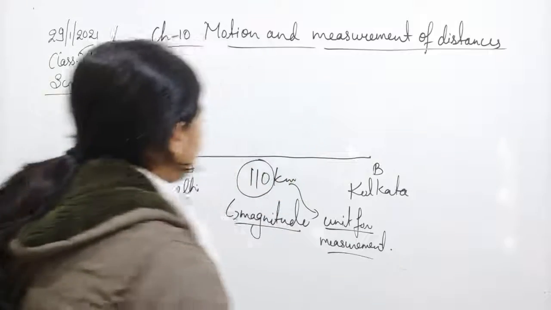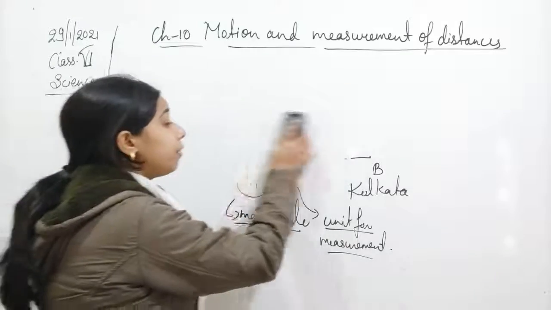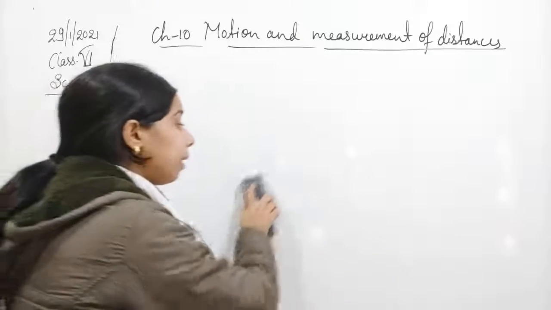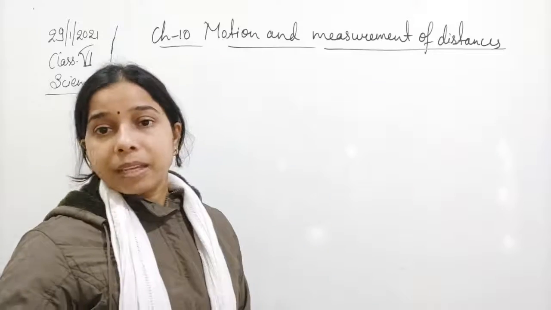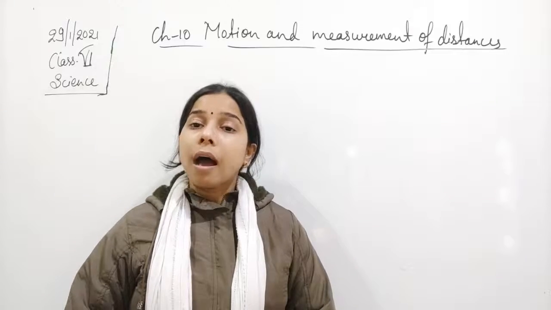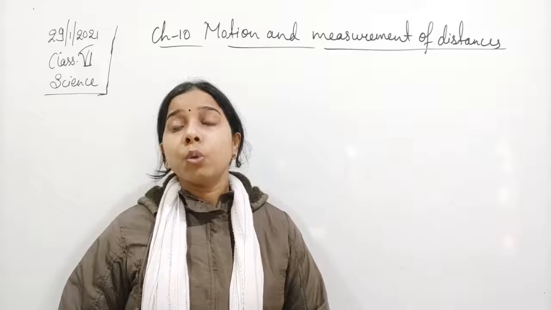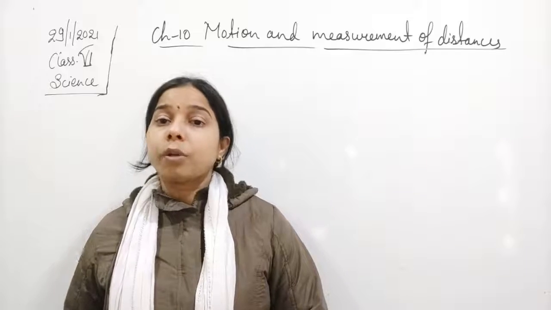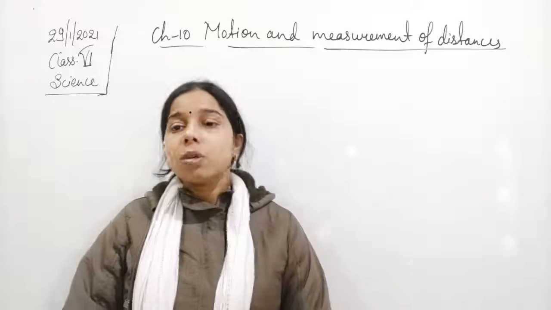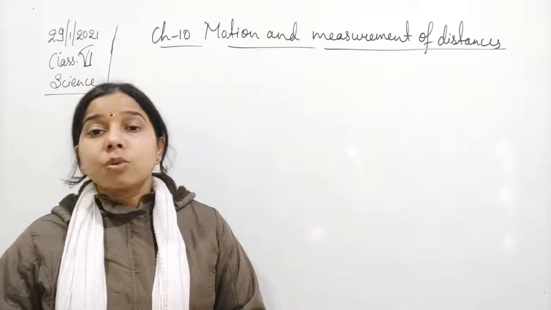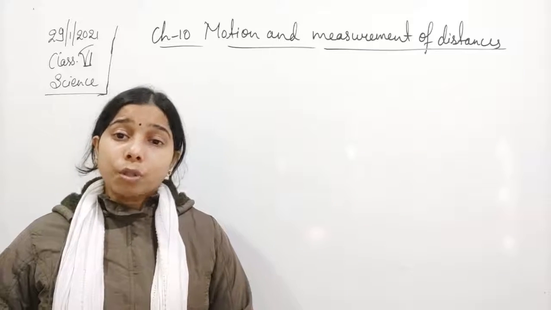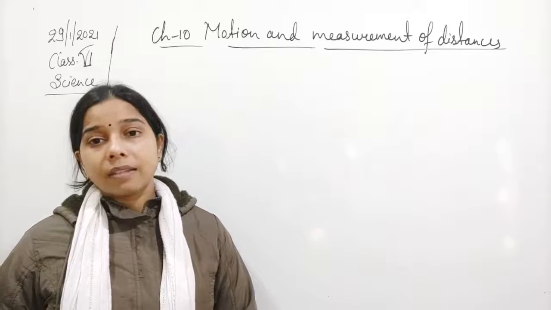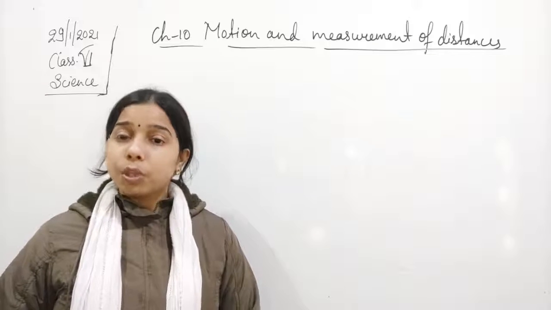Now, if we are talking about length, students, we said that we will represent it through a number and the unit. The number tells what the exact distance between these two is, and the unit tells in which one we are going to measure the length between the two objects or the two places. The unit that we should use, students, should be a standard unit.